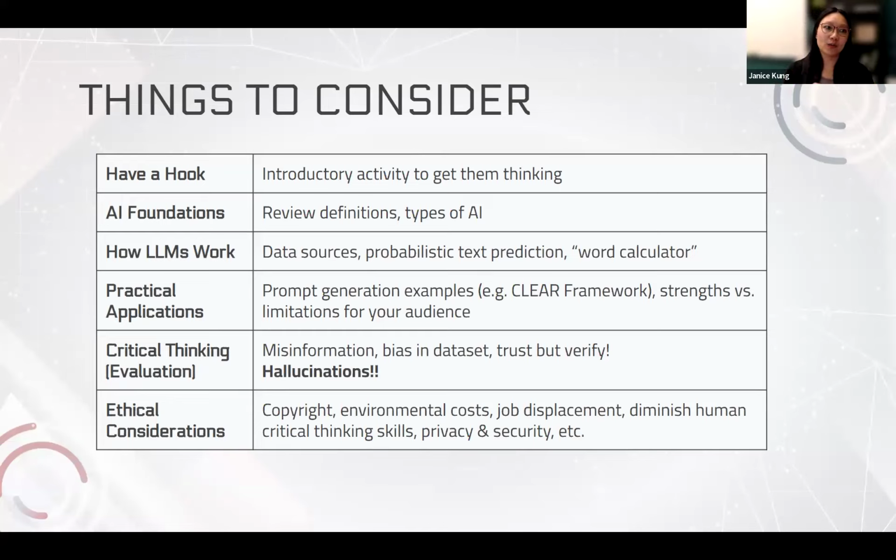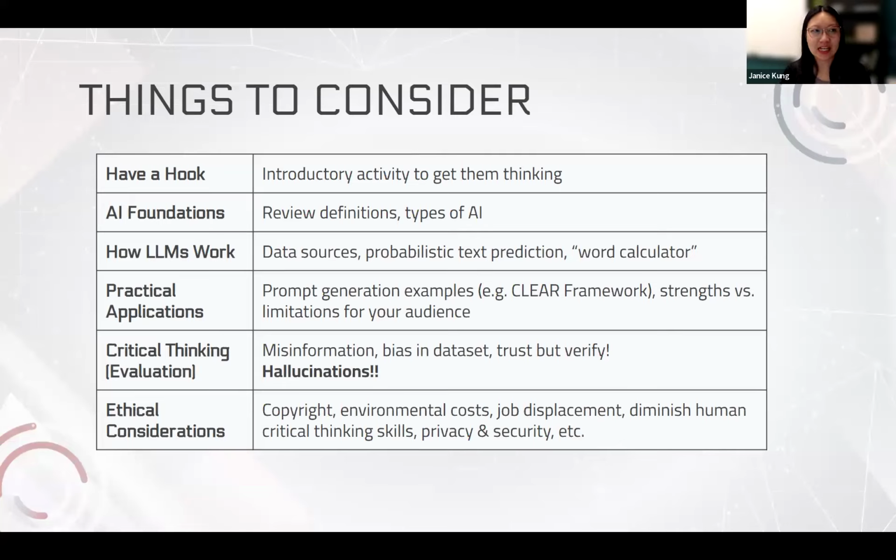And so the hook that I used was I had two prompts from ChatGPT. And then the question I posed was, which is real and which is fake? One was, I think, something about pop culture, the Avengers. And then the other was a prompt about our university colors. So there was an explanation of why the colors for the University of Alberta are green and gold. So they read through it and then they just put in the chat whether they felt either was fake or both were fake or both were real, that kind of thing. So that was really good to have that hook at the beginning. And then we went through with the rest of the workshop. So I thought that was good.